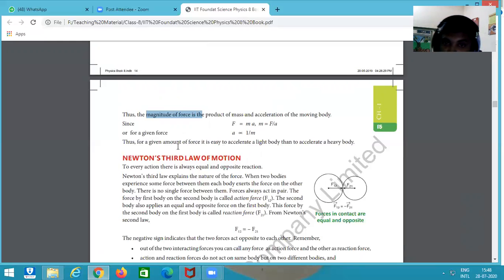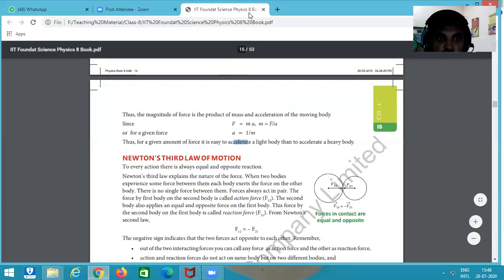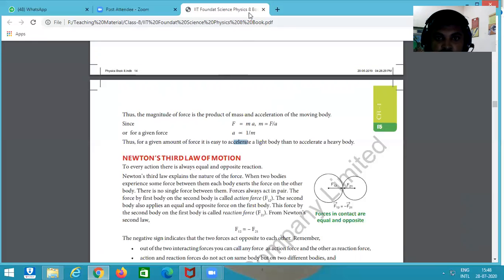So here we also know that a given amount of force is easy to accelerate light things as compared to heavy. I hope you understand. If you have any doubt, you can